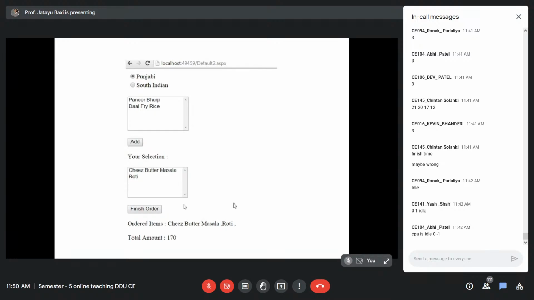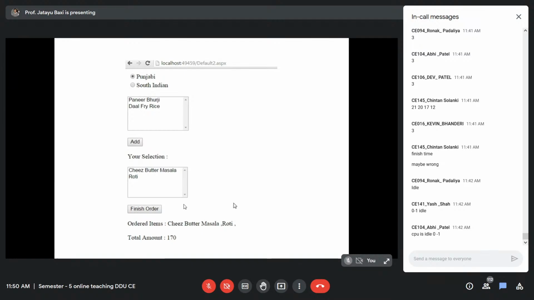So you can try this example yourself when you are practicing. It combines everything: drop-down list, list box, button, and then finally calculating the amount which the user has to pay.